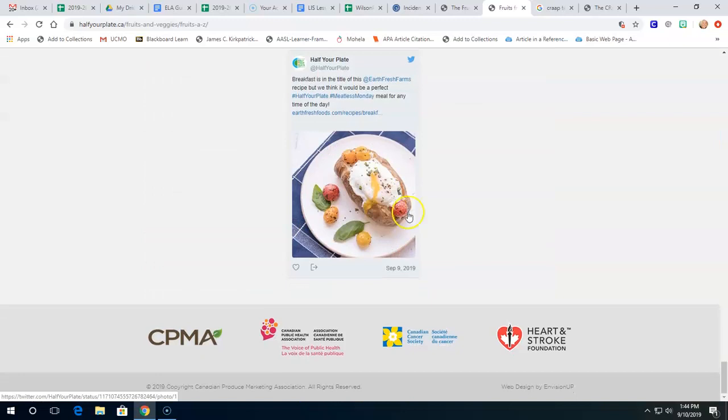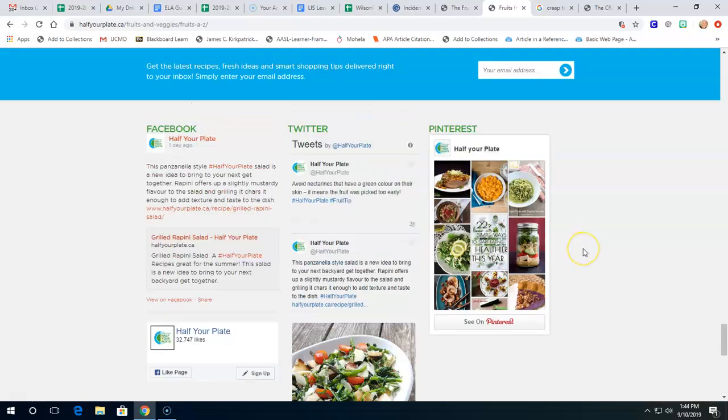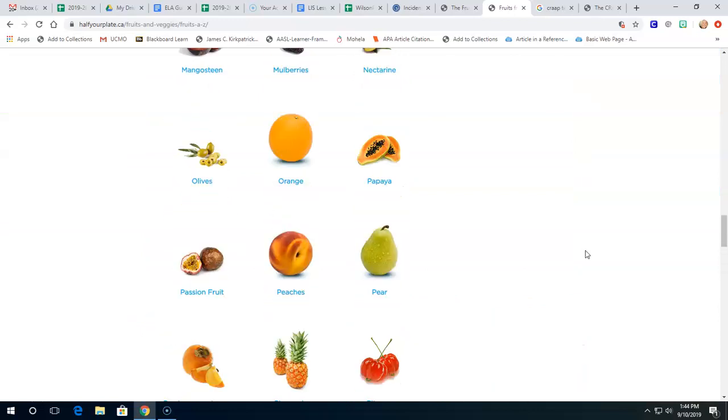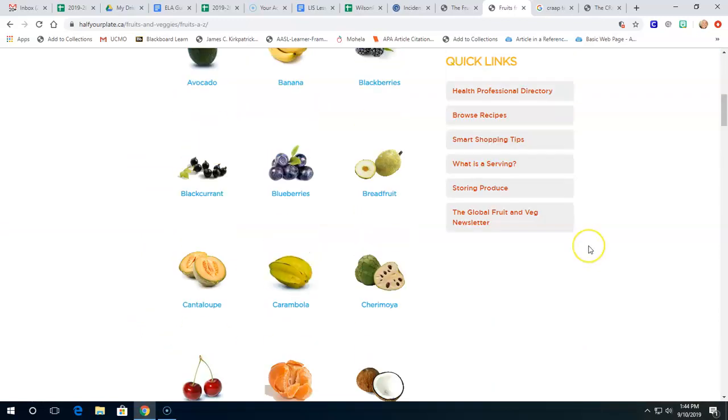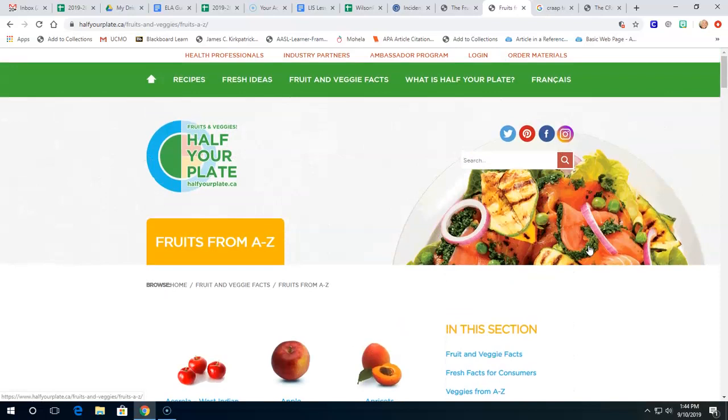As you go down to the bottom, what you're going to notice is Canadian Public Health Association, Canadian Cancer Society. This is a Canadian website, and it appears with these logos that they are a trustworthy source. So as you scroll through this website, it really does pass most of the CRAAP test and could probably be used as one of our sources.